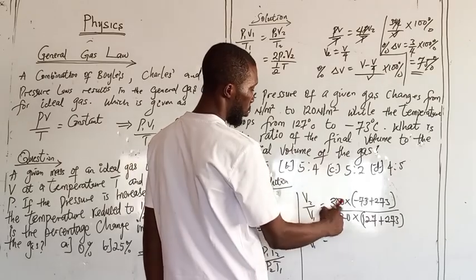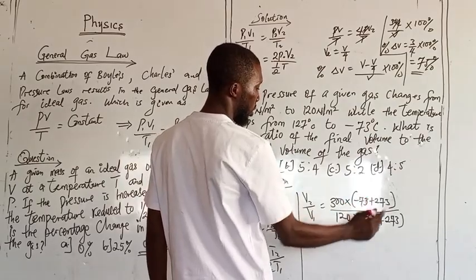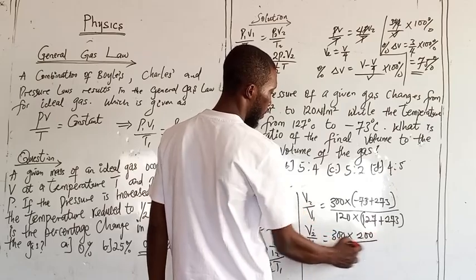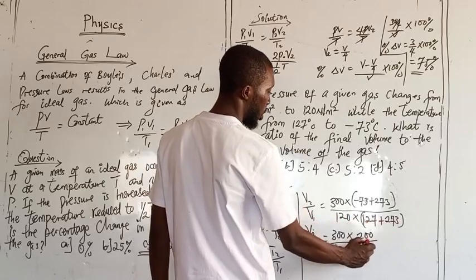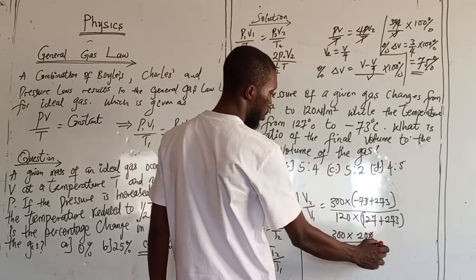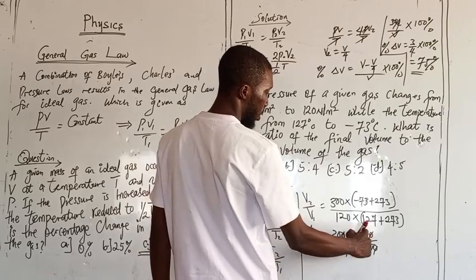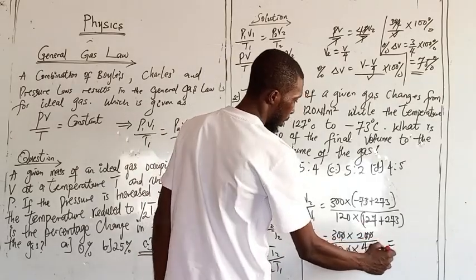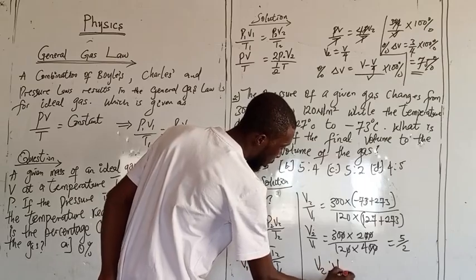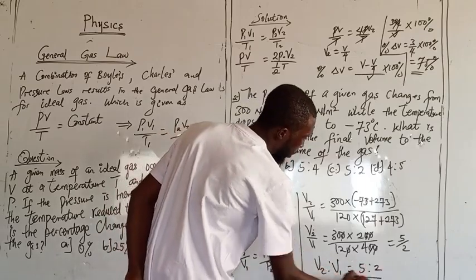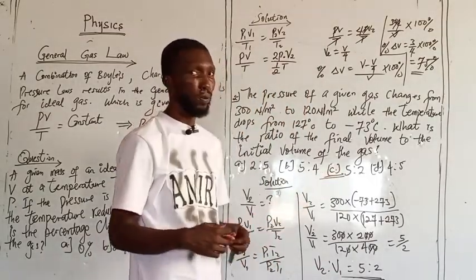At the end of the day, V2 over V1, which is the ratio, will be 300 multiplied by minus 73 plus 273, which gives us 200, divided by 120 multiplied by 127 plus 273, which gives us 400. So this cancels this, zero cancels zero, 12 here we have 5, 2 here we have 2. So technically we have 5 over 2. So the ratio V2 to V1 is equal to 5 to 2, which corresponds with option